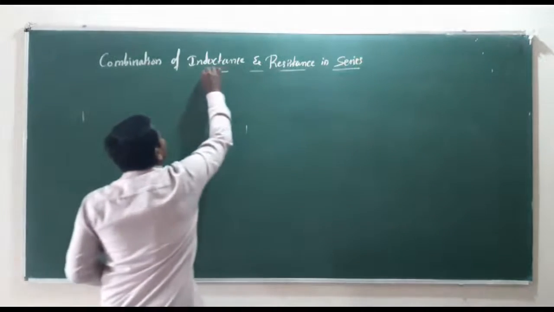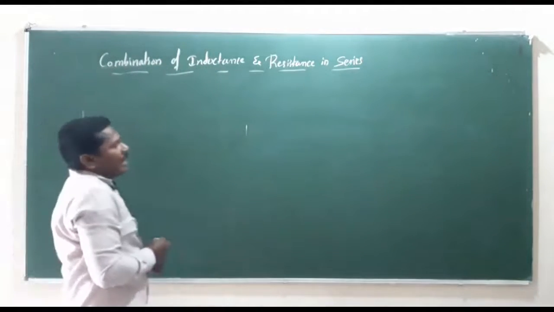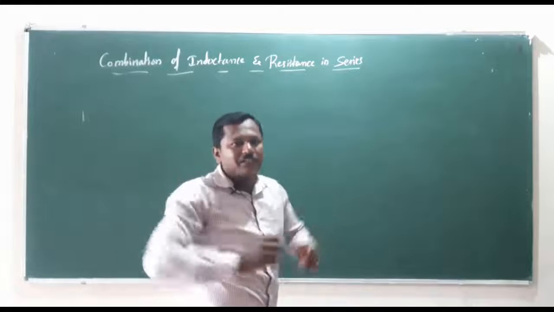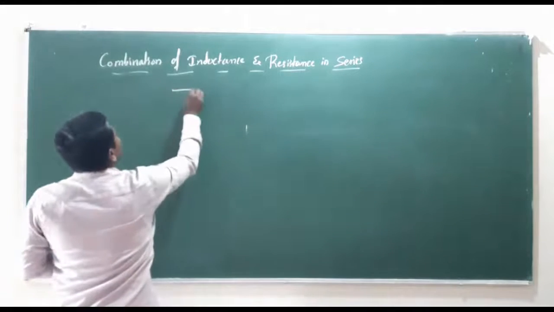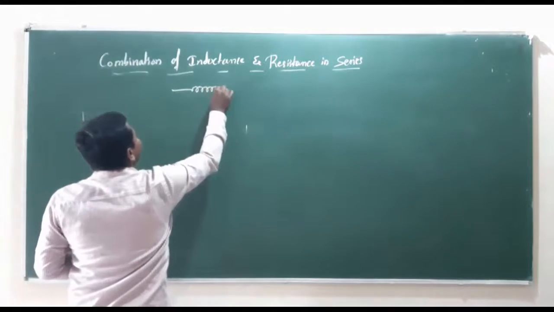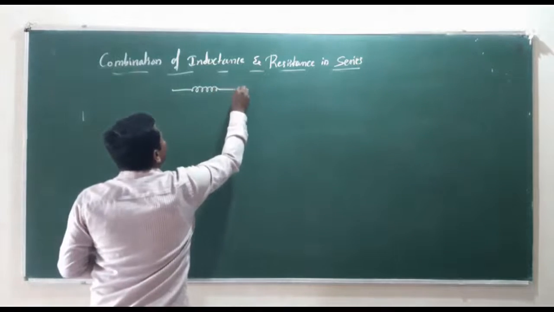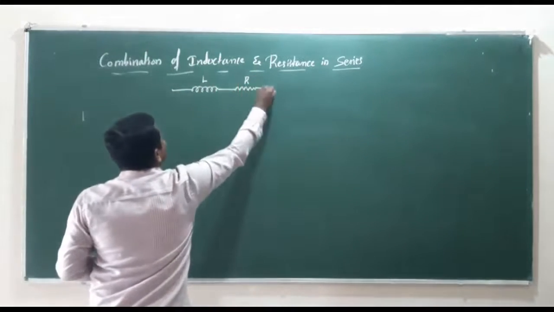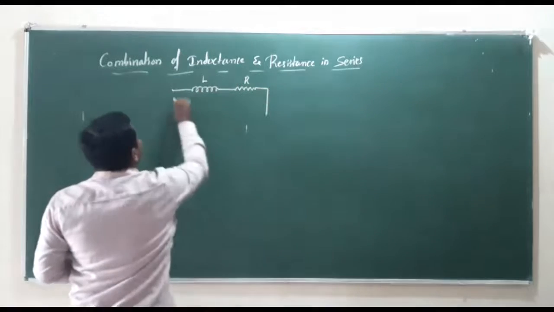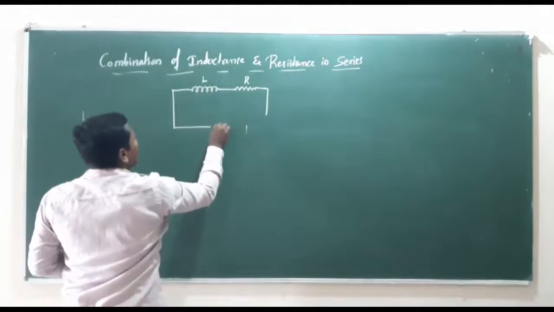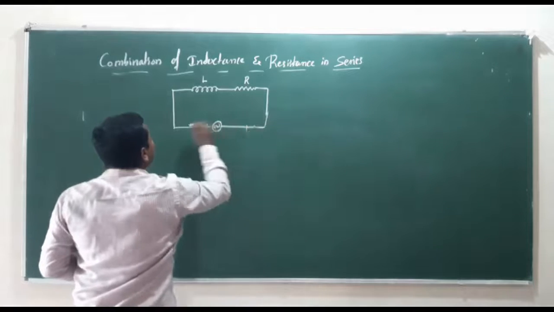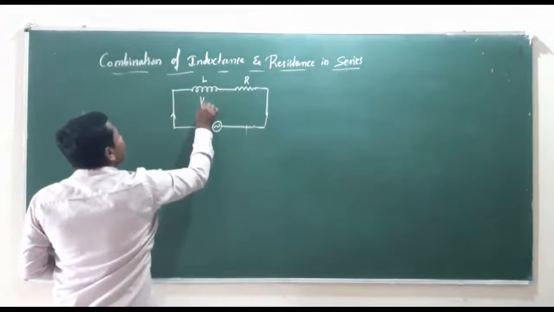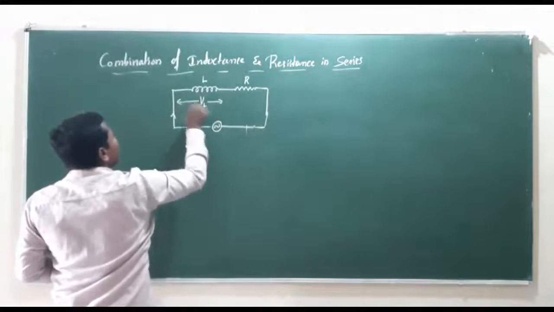Let us consider an inductance of an inductor represented by L, and the resistance of a resistor represented by R. When these two are connected in series, the voltage across the inductor is represented by VL,